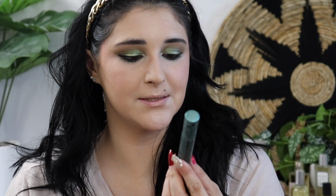I have the Urban Decay Wild Lash Vegan Plant Powered Volumizing Mascara. It has 10.7 times more volume, 64% more lift, up to 16-hour wear, fluffy volume and lift. Good for your lashes. Okay, so this didn't come with the palette, but the release was the palette and the mascara. I'm going to try it, and I'm not going to curl my lashes because I want to see how good it actually is. The packaging is super cute. I really like this packaging. I know a lot of people thought it was boring. I really like it. All right, we have kind of a curved